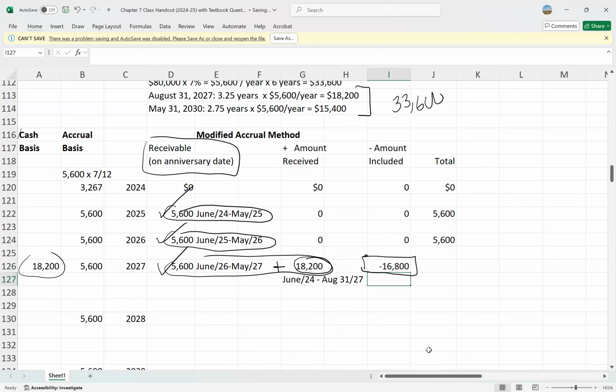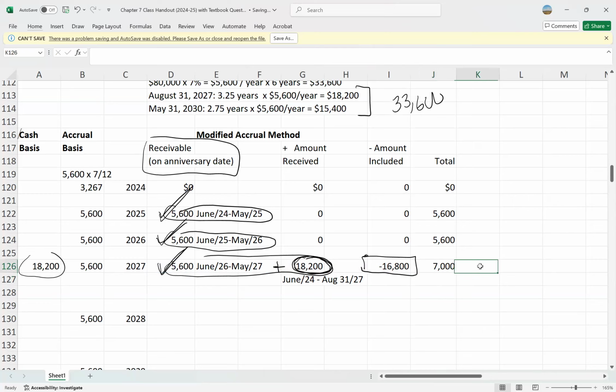So we have to subtract that because included in this 18,200 is the first 3 years, which we have already included. So we can't double count that amount. So we should subtract 16,800. And so what would be in our total column? In our total column, 5,600 plus 18,200 minus 16,800, we get